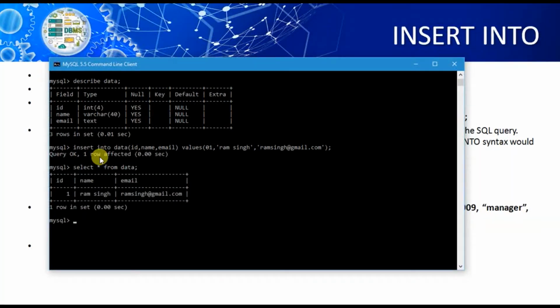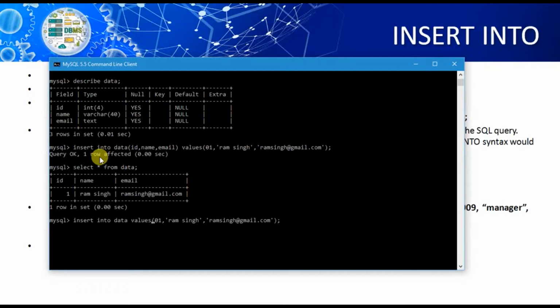Now I'm going to insert the data without the column names. Means now I am going to insert into data values. I have removed the column names. This time I am taking the ID as 2.